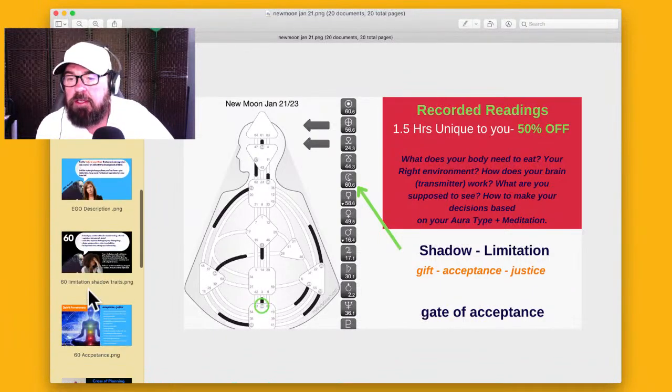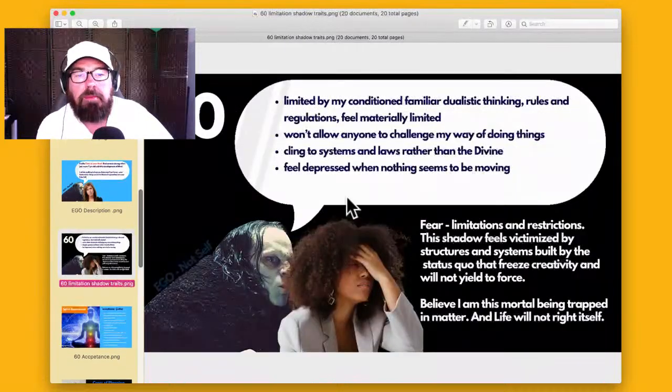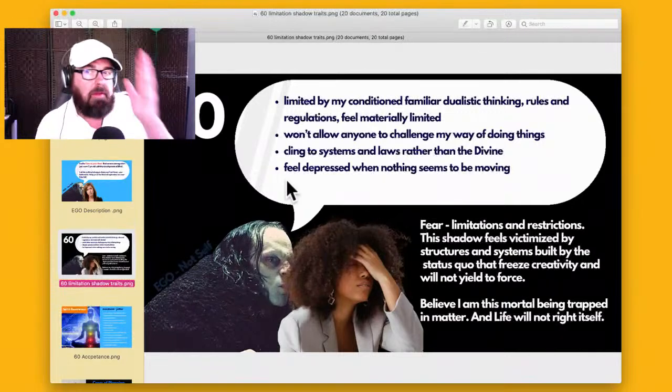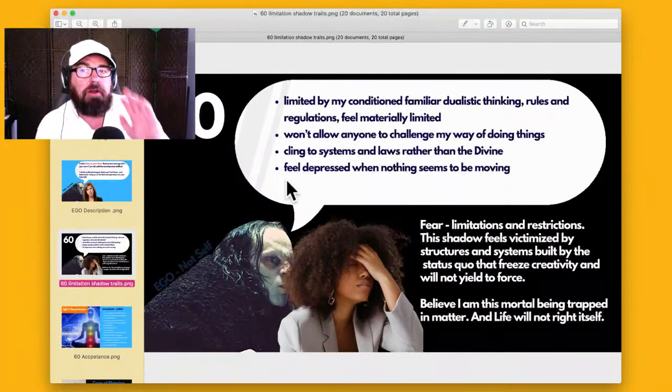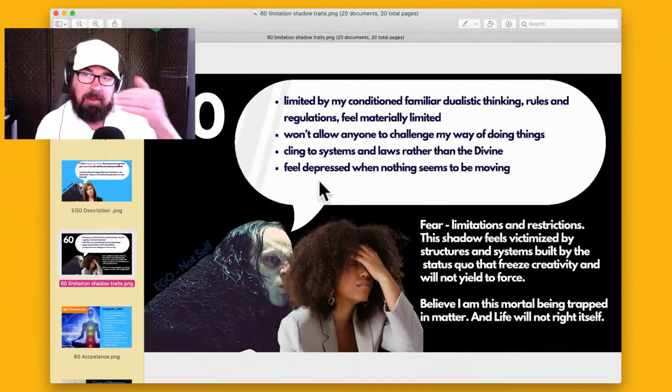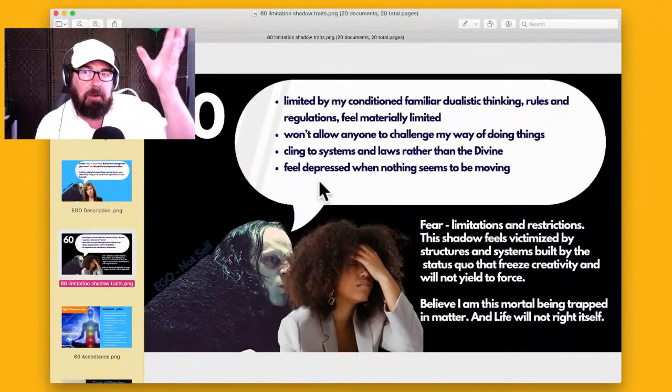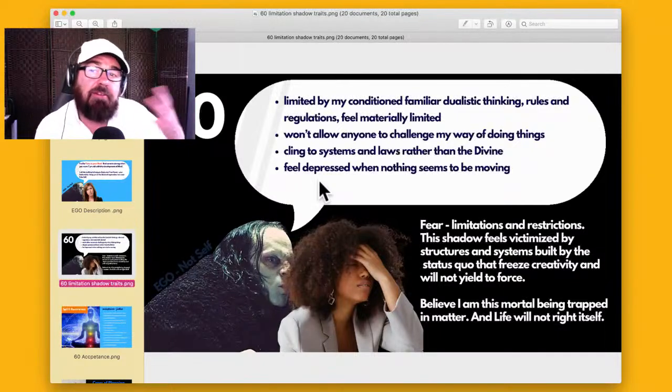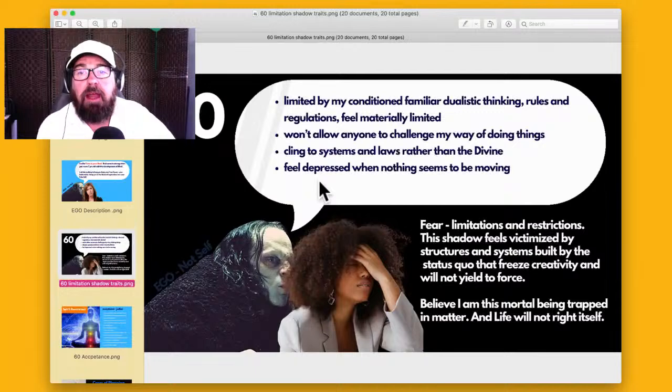So let's go into what this shadow, worm tongue, the ego, will tell you with the 60, right? And this is how we can learn, we can discern. It's like, oh, I'm having thoughts like this, this is the conditioning field, right? People are going to have thoughts like this. And this just means you're in the shadows releasing from the DNA of humanity, right? And we're in this programming field, the matrix, you could call it, Maya.